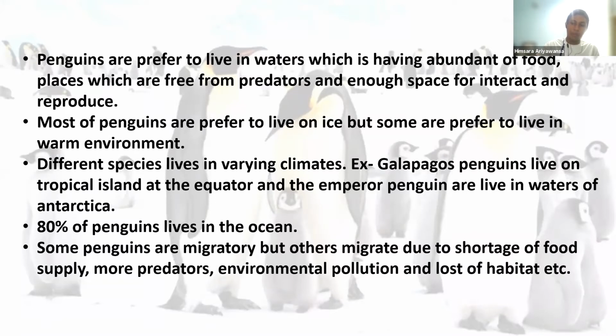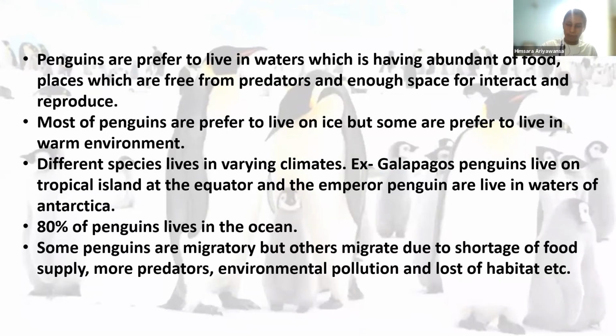They need food. If there's a shortage of food, they will migrate. If there are more predators, there is a big risk of living there, so to reduce that risk, they will migrate. And if the environment has polluted, mainly the water pollution, the water gets polluted due to many reasons, such as leaks in tanks and ships, dumping garbage, and throwing industrial waste, which contains heavy metals such as mercury, cadmium, and arsenic. So the water gets polluted and they can't live in there.